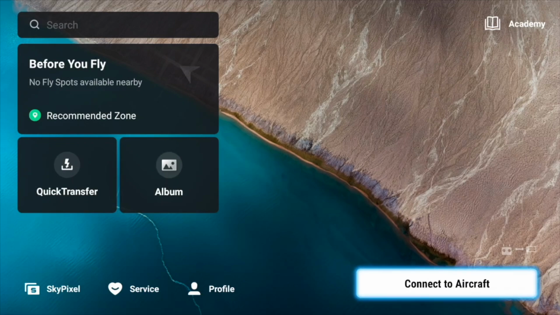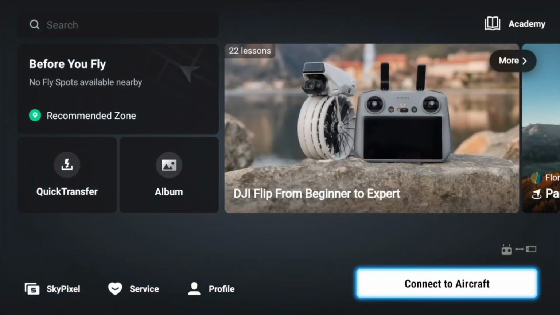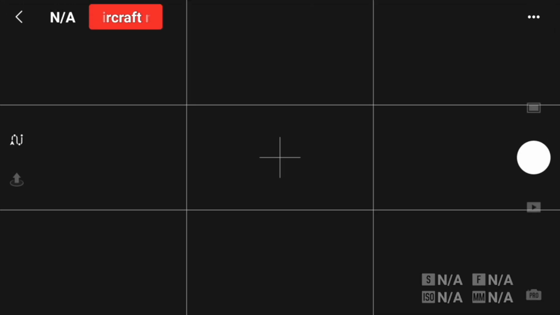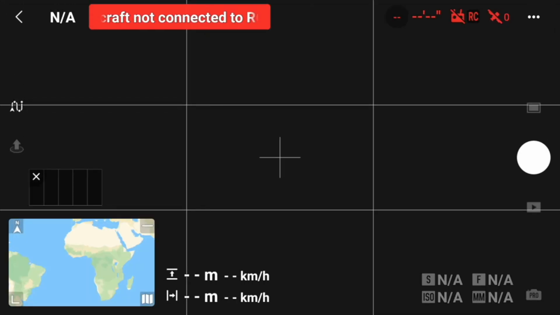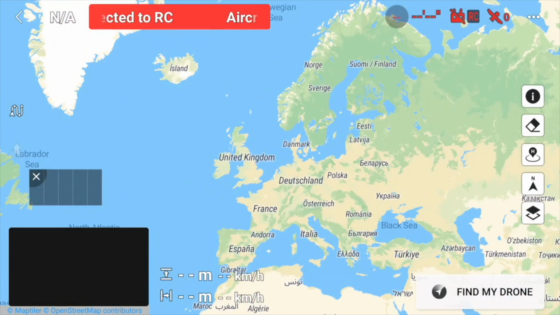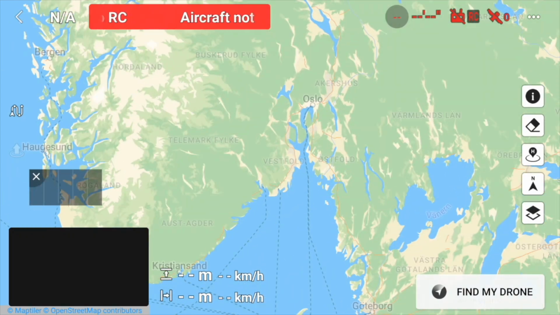Now I will show you how to make a waypoint mission without connecting the drone. First of all, you push the button Connect to Aircraft, then push on Camera View, then go to the map and zoom in to the area where you want to make the waypoint.